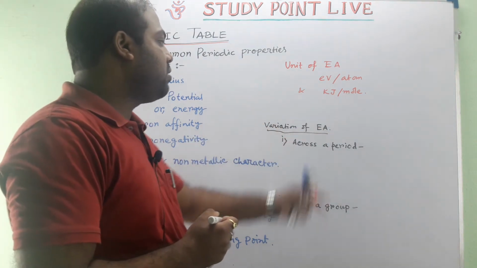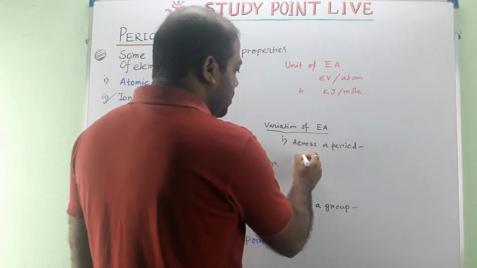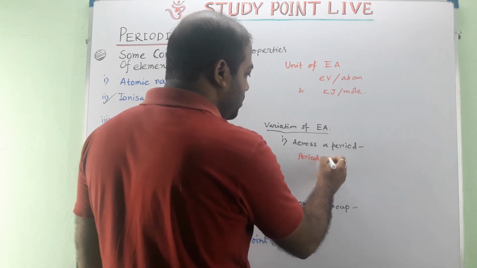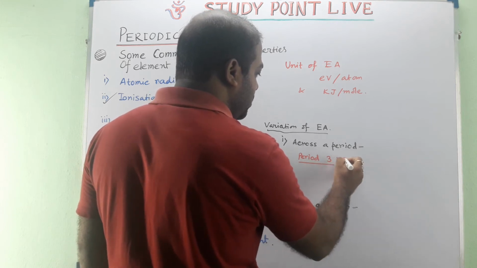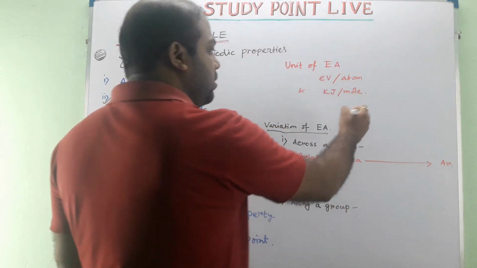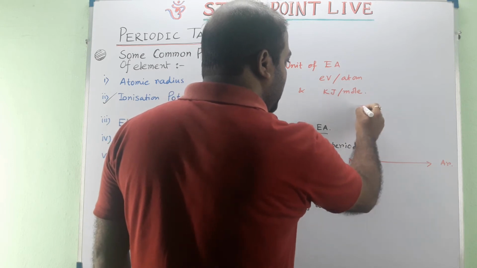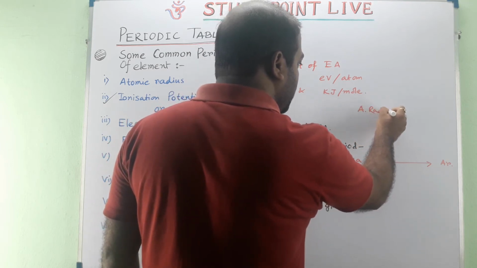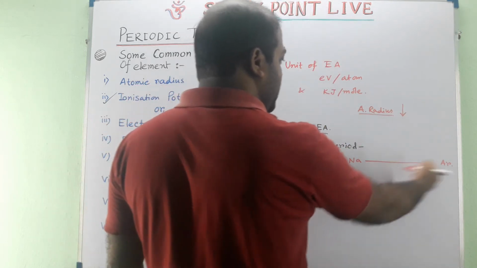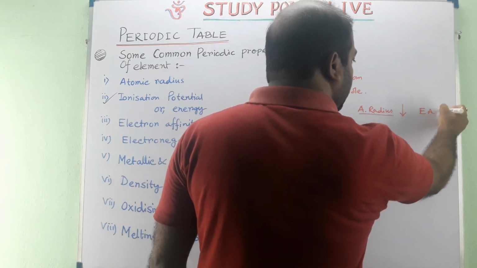The variation of electron affinity across a period: when we write any period, say period 3, from sodium to argon, we get that atomic radius decreases across a period. That's why electron affinity will increase,